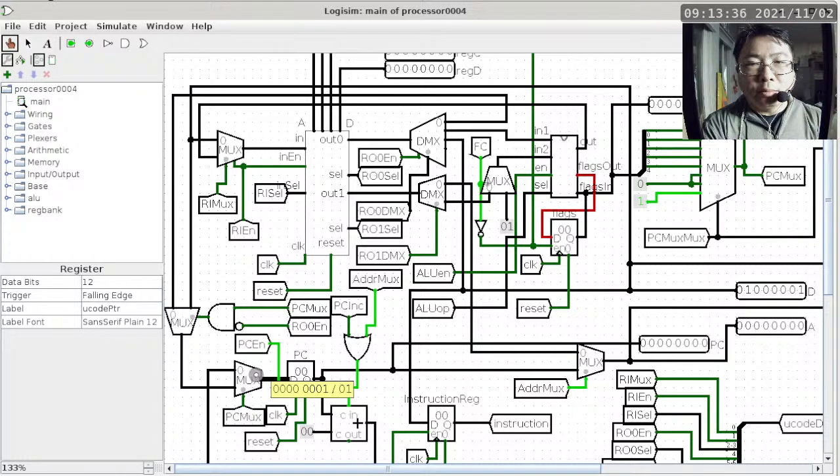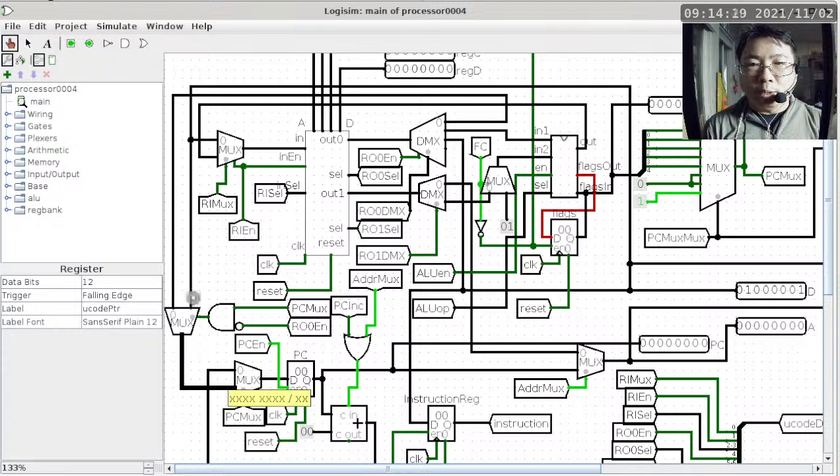Because right here, whatever is going to be updating the program counter is coming out of this multiplexer. But because this is a multiplexer and the select pin of this multiplexer is PC mux, and PC mux is right here, in other words, PC mux depends on bit 4 of the flags register, which sometimes is a 1 and sometimes is a 0. So if you recognize that it's doing a conditional branch, you can use the ternary expression to say that if the L flag, which is here, is a 1, then PC mux is going to be a 1,